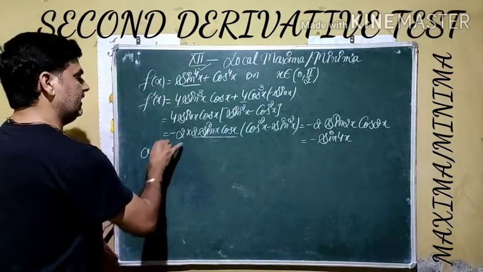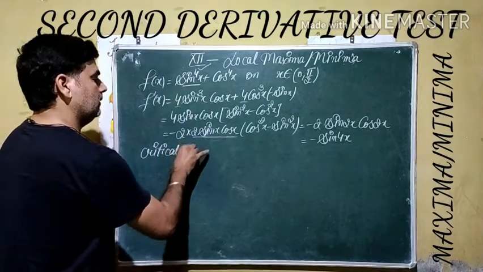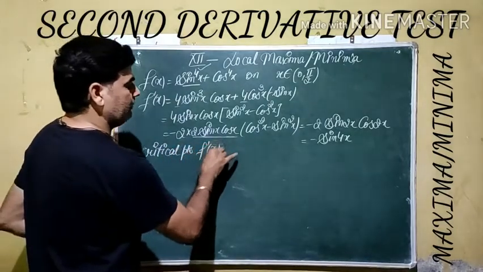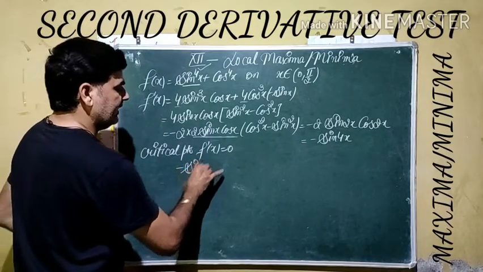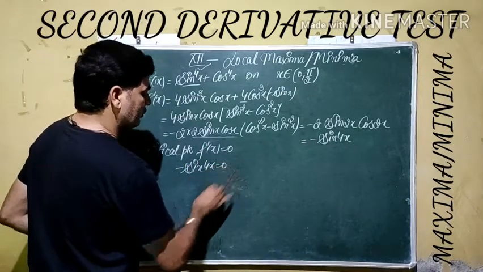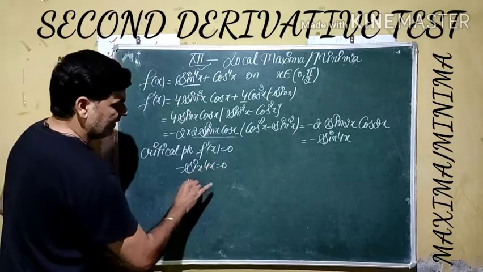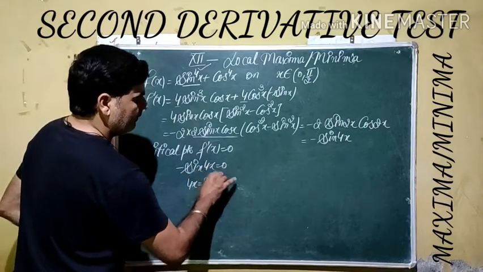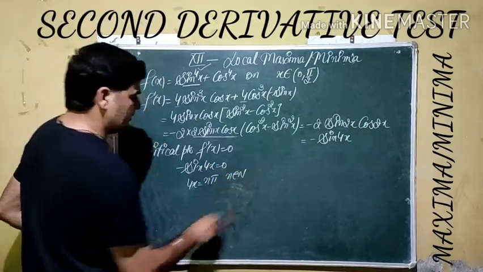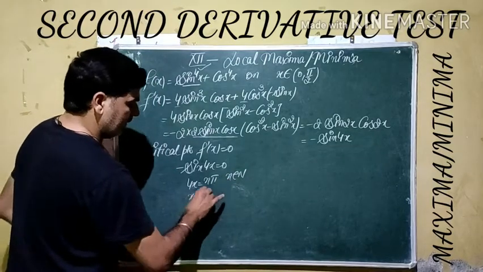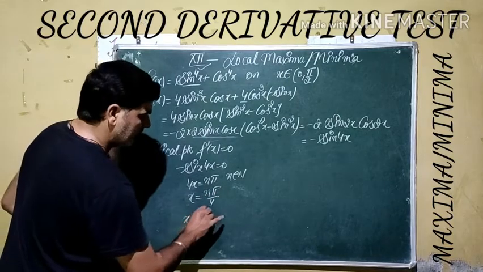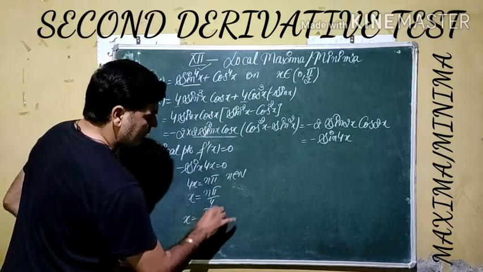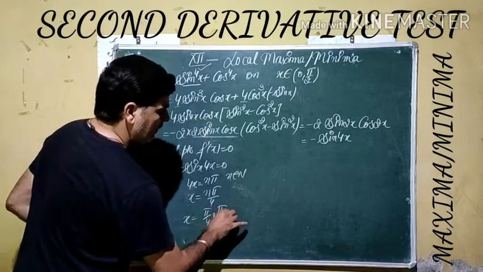To find the critical point, our condition is to take the first derivative as 0, meaning minus of sin 4x is taken as 0. As we know, sin theta is 0 when theta is given by n pi, where n belongs to natural numbers. So x becomes n pi by 4. If we replace the values, we get pi by 4, 2 pi by 4, 3 pi by 4, and so on.